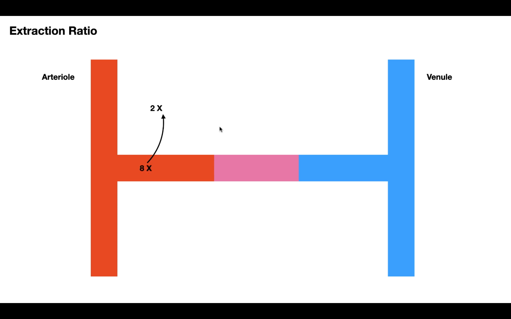Now let's say the remaining molecules of X, so now we only have 8, move to the next segment. In the next segment, we lose another 2 molecules. This will leave 6 behind. Then when the remaining 6 go to the last segment, we lose another 2, and this would keep 4. Then the 4 will move on into the venule. From this, we can measure something called the extraction ratio, which basically tells you how much solute diffused from the capillary to the